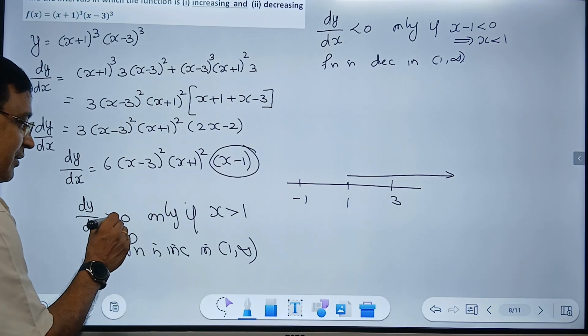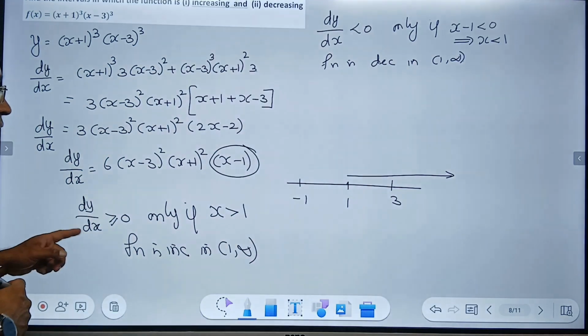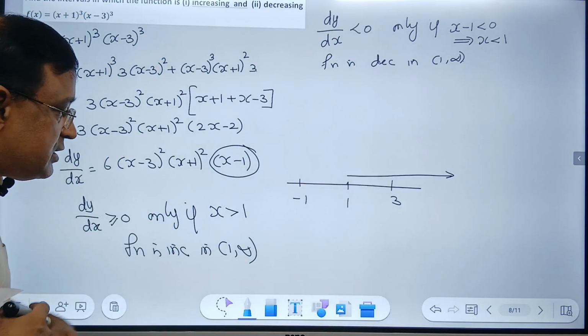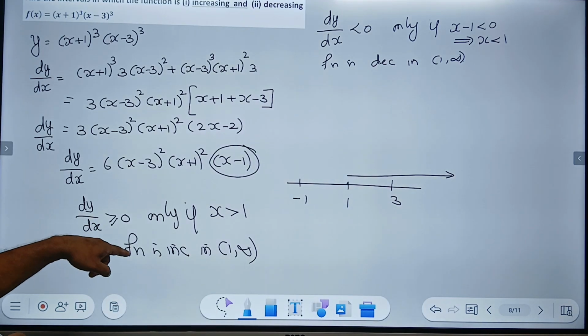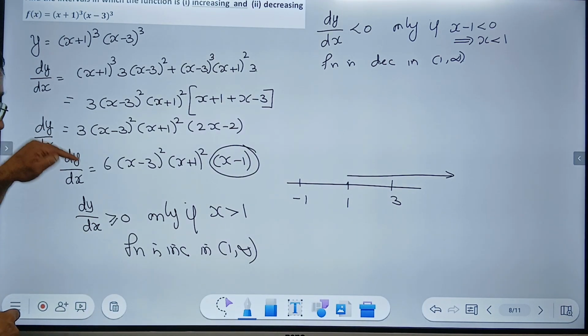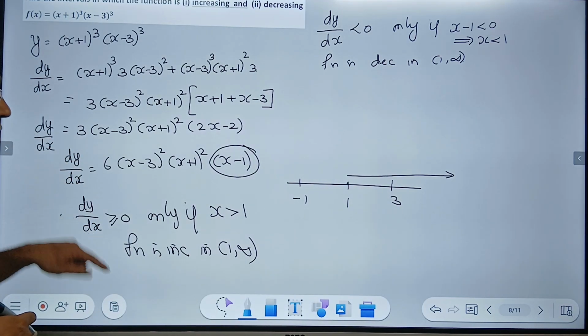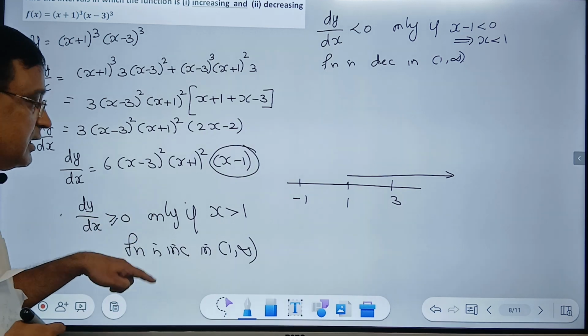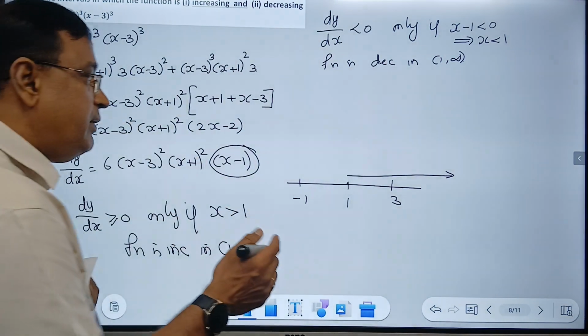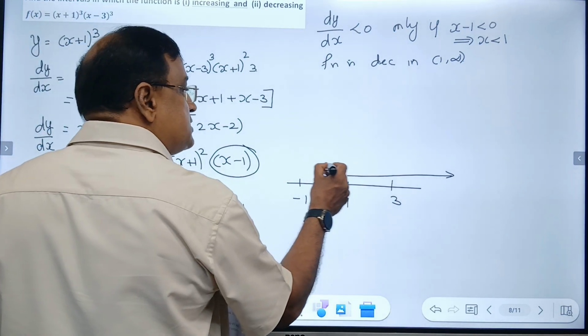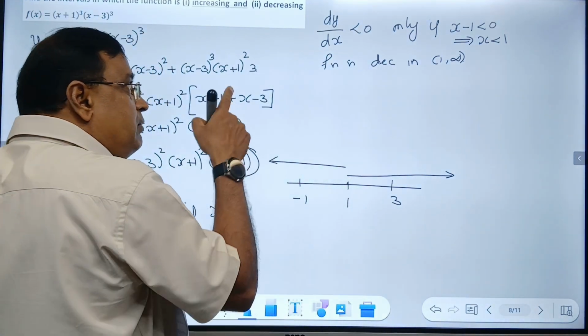It will be greater than or equal to 0, because when it takes the value 3, my dy by dx can be 0. So when dy by dx is greater than or equal to 0, it is not strictly increasing, it is only increasing. Okay. Now similarly, when I choose the value when x is less than 1,